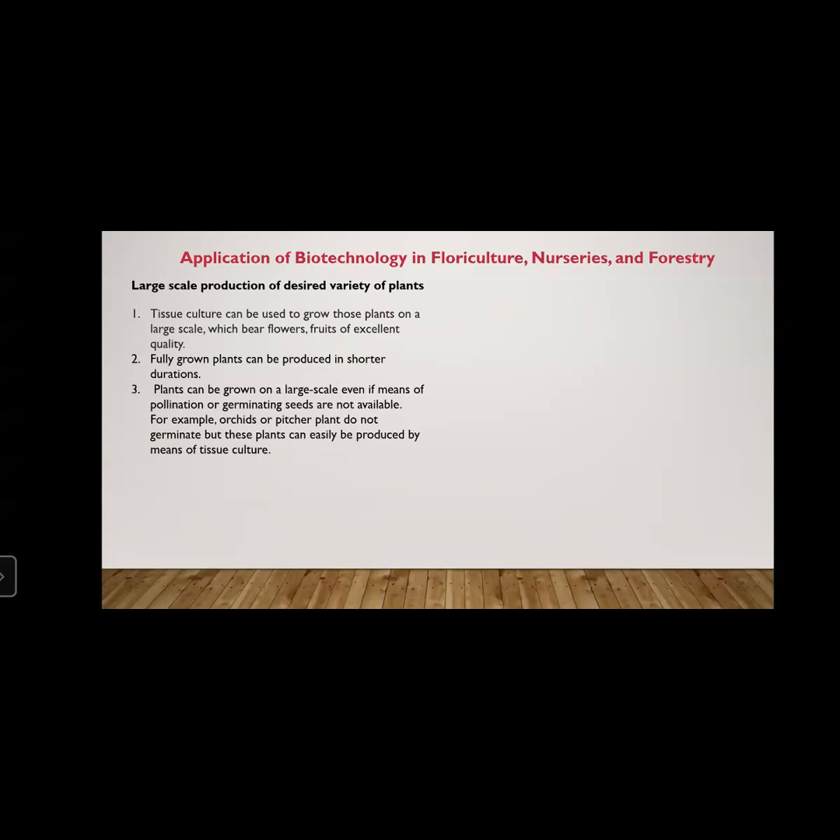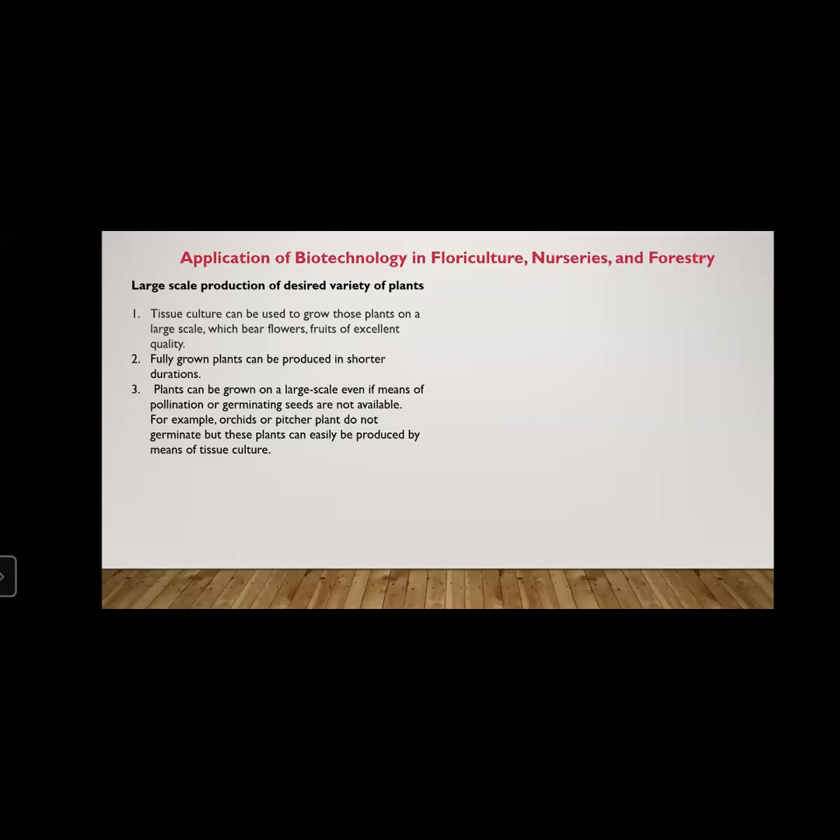See, in tissue culture, we just take the meristematic tissue. So seeds are not needed. Even if seeds are not available, we can still carry out the plant production. Without pollination, seed formation does not take place. But as in tissue culture, we do not need the seed. Pollination is also not needed. So even if pollination does not take place or there are no germinating seeds, we can carry out the plant